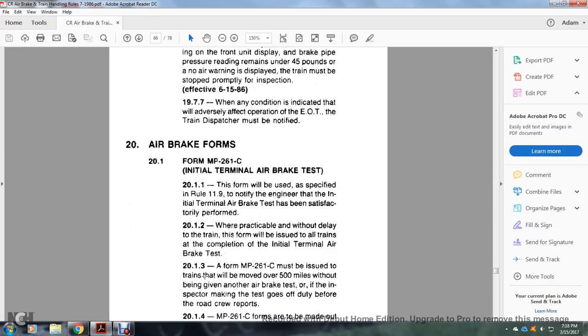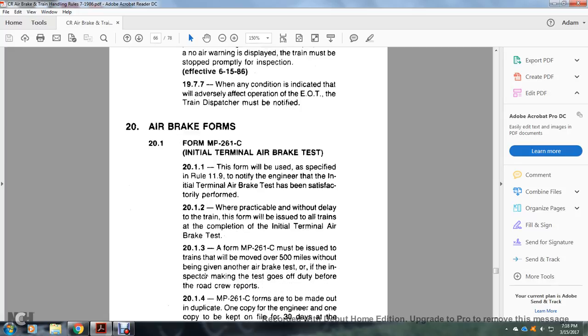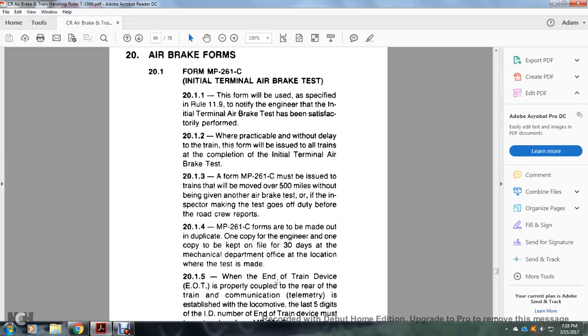terminal air brake test. A form of the MP261C must be issued with the train that may be moved over 500 miles without being given another air brake test, or an inspector may, and the test goes off duty before the road crew reports. MP261C forms are to be made with a duplicate, one copy to the engineer, one copy to be kept on file for 30 days at the mechanical department office at the location where the test